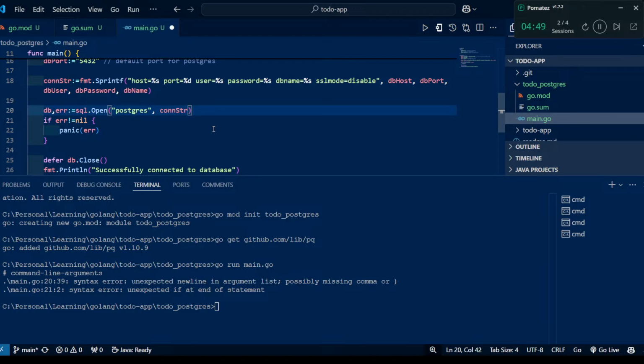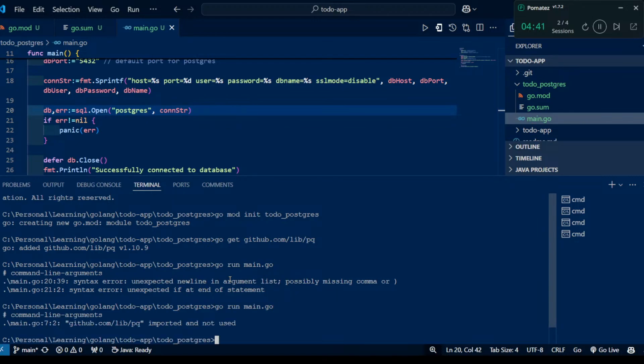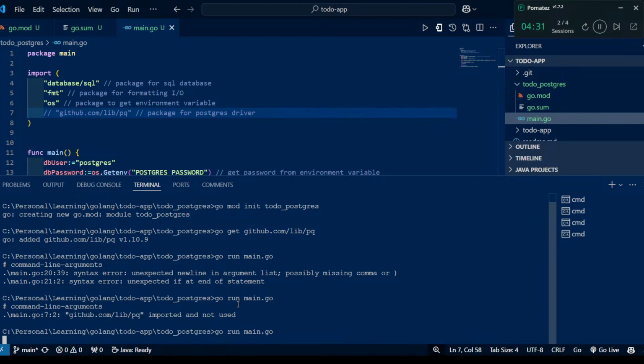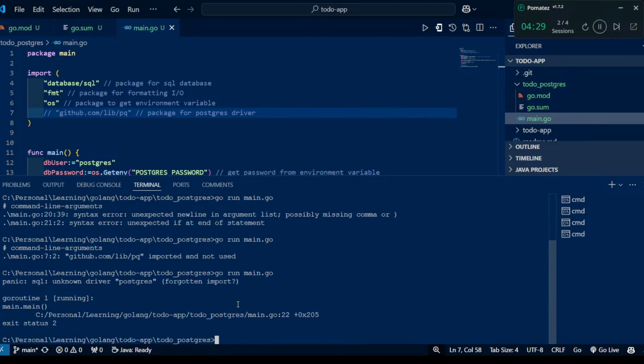Okay, fmt imported but not used. Okay, so we will use it later, I think. Okay, what is this? Unknown driver postgres. So this driver is used, but